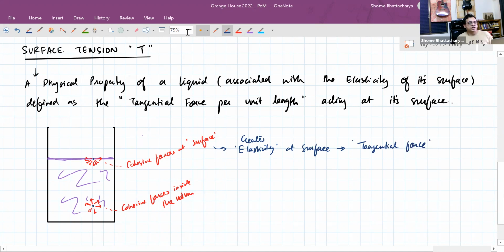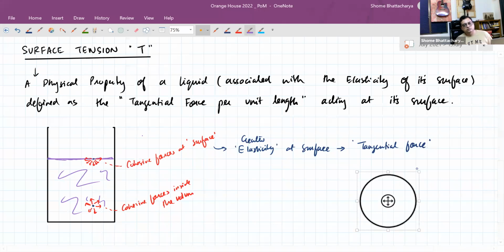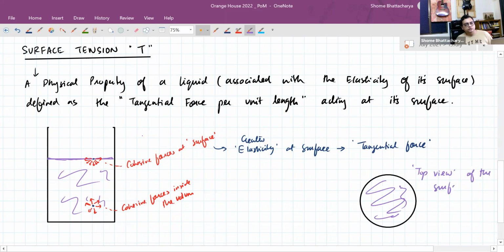So now if we take the top view of the surface, what we'll imagine is that if you think of any line of liquid molecules like this,